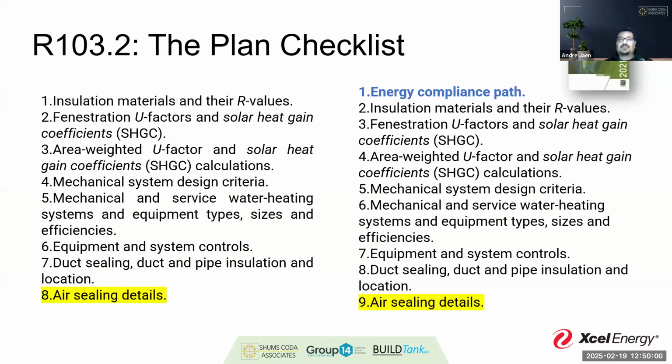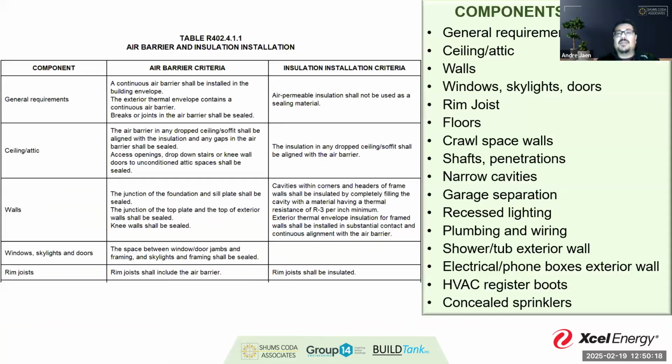So what I want to highlight for you here is that your air sealing details are identified in 103.2 in your plan review checklist, so to speak. And that's what I call this section. This is the "did I even submit enough to do a review" sort of checklist. And air sealing details tells me that we are talking about details expressly. And we get a nice chart of them in